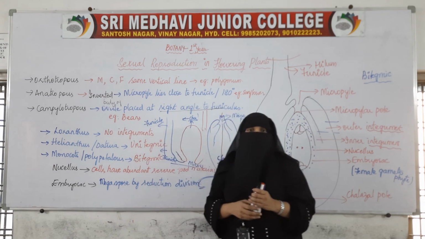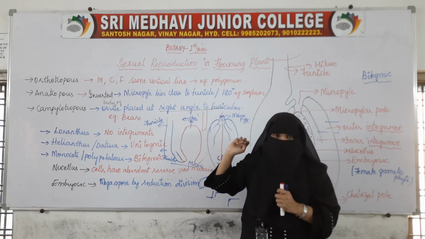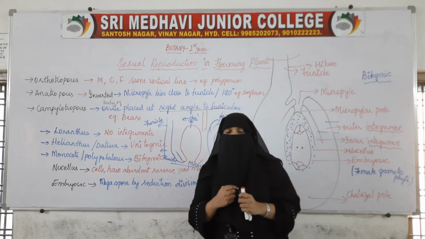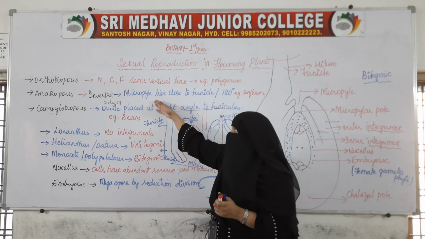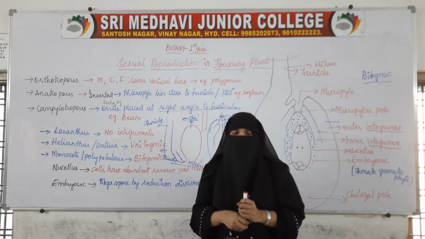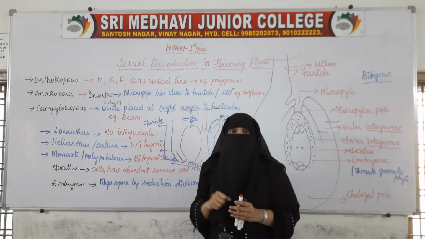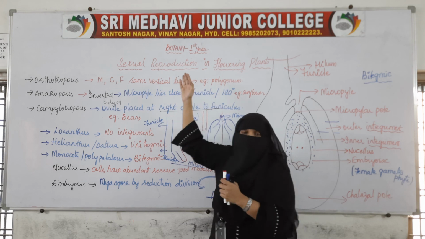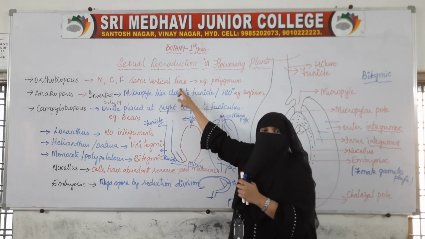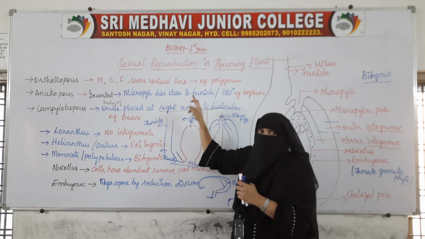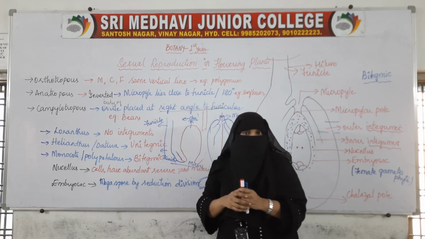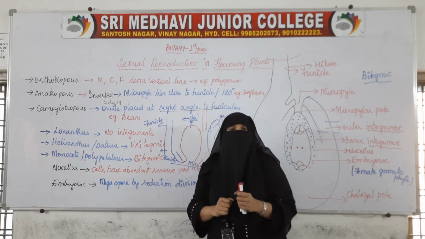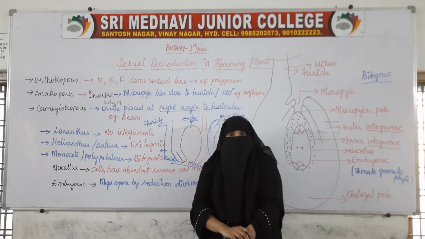We see campylotropous ovule in the bean family. In sunflower, in the Asteraceae family, we find anatropous ovule, and orthotropous ovule is commonly found in Polygonum. Polygonum is the plant where we find orthotropous ovule. Sunflower is a plant where we find anatropous ovule, and the bean family will show campylotropous ovule. So these are the different types of ovules.